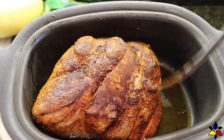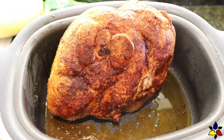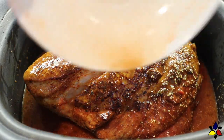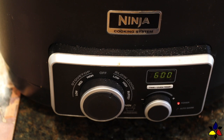By the way, if your slow cooker does not have a sear setting, you can do the searing portion on the stovetop in a frying pan. And then just put the meat back into the slow cooker and continue. Then take your liquid barbecue mixture that you prepared earlier and pour it over the top of the roast. Then put the lid back on your slow cooker and set the timer for 6 to 8 hours on the